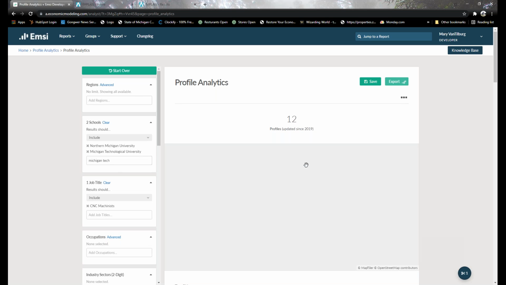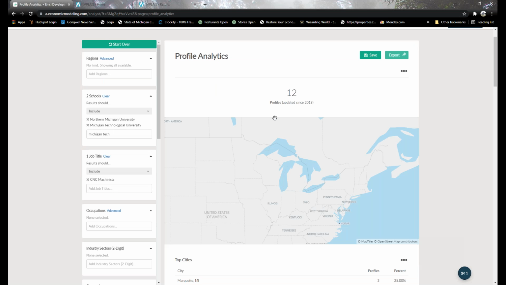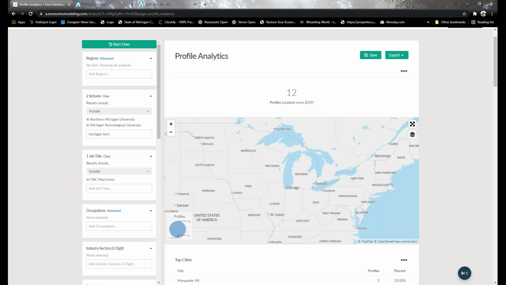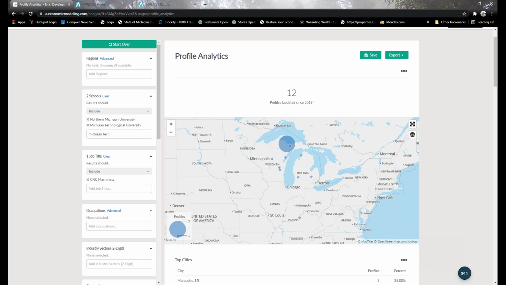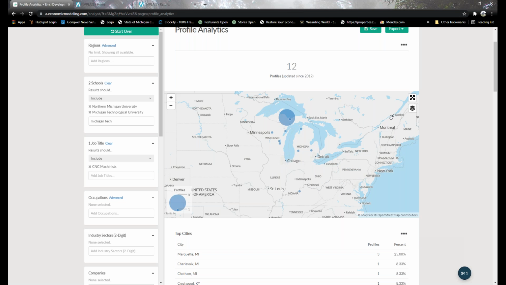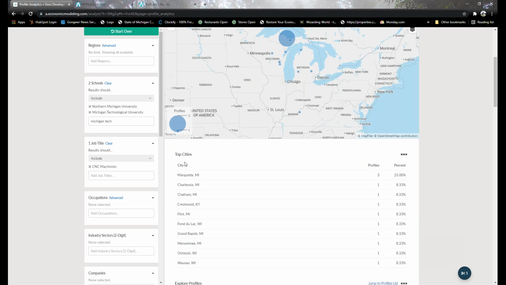So this is helpful because these 12 individuals, first it's narrowing down your search drastically, but these 12 individuals have been to the UP. They know what it's like to live here. It's not something that you're going to have to explain to them and hope that after experiencing one winter that they're going to want to stay here. They know what it's like to live here.